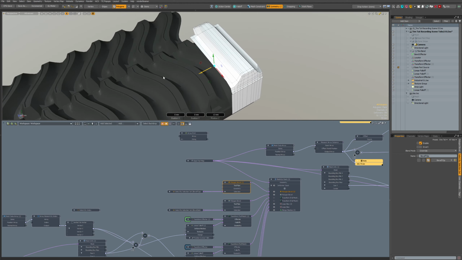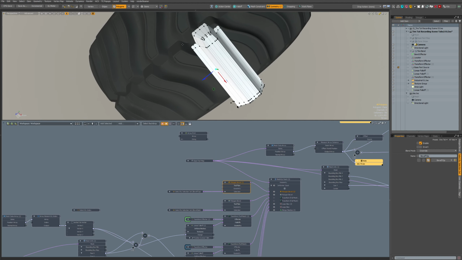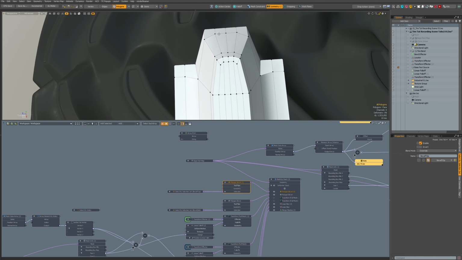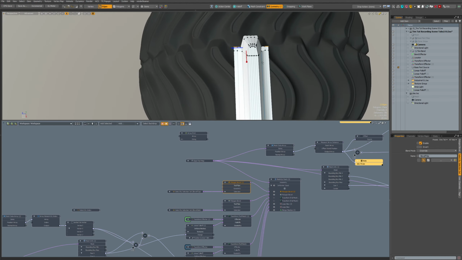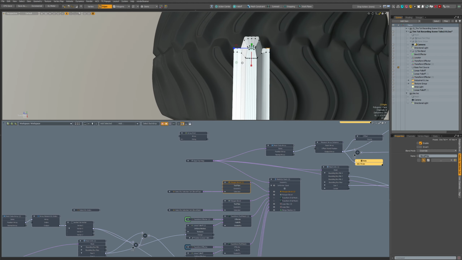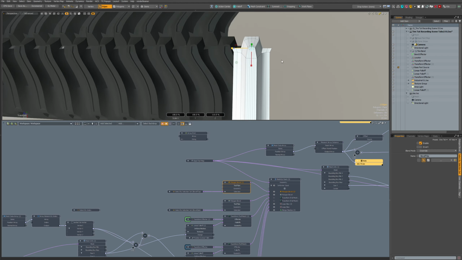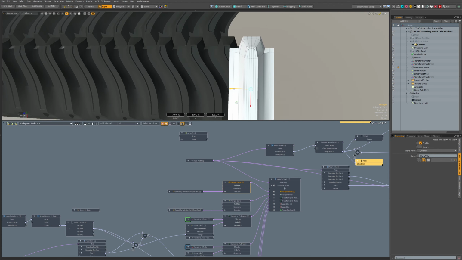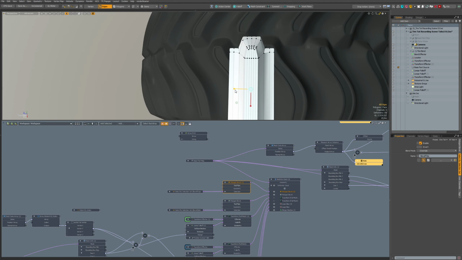Why does it break? The middle part breaks. That is because we cannot do that, because these distances, these edges, have to be all the same length. So we have to actually scale it. I don't want to scale that, I want to scale all the stuff. Okay, now it works.